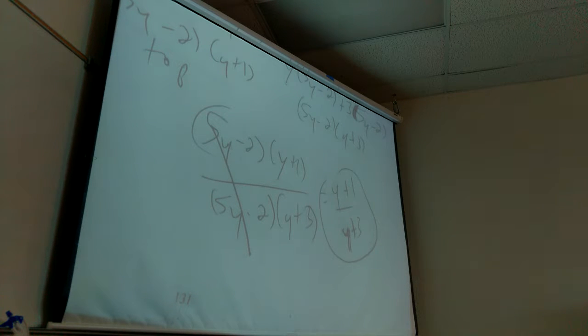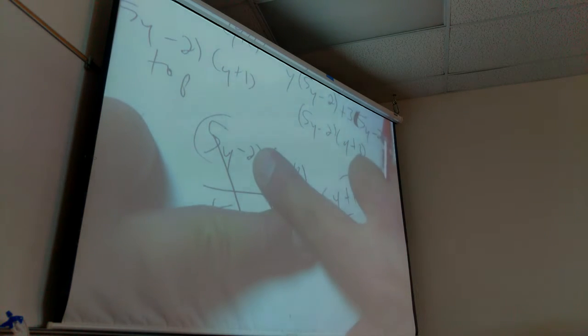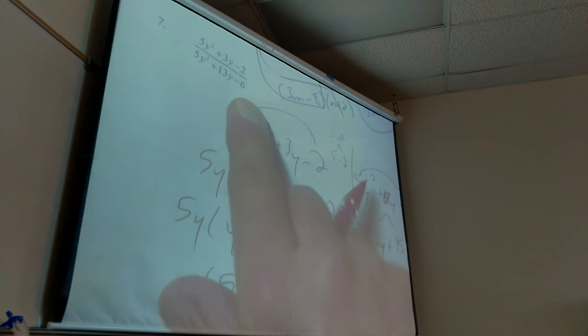Can you use the shortcut on that one? Yes, totally. If you did the top, you know that 5y minus 2 is probably going to be a part of the bottom. So then you can build. So if I say,